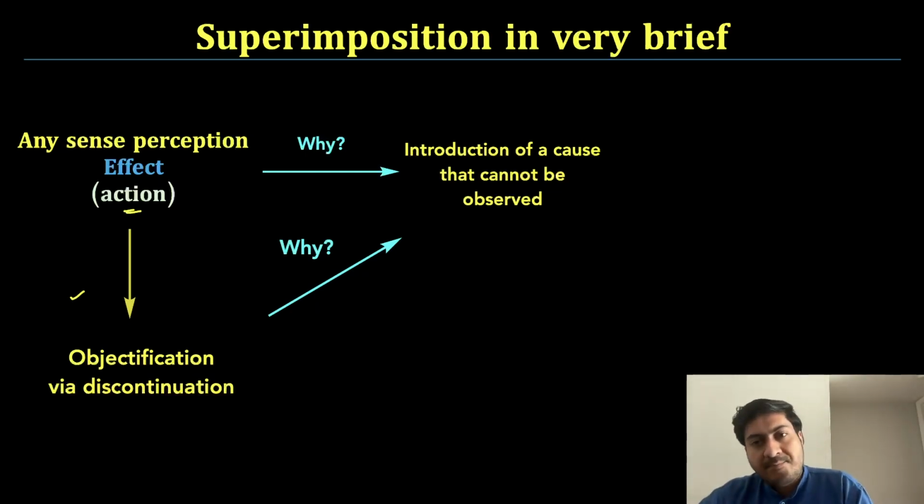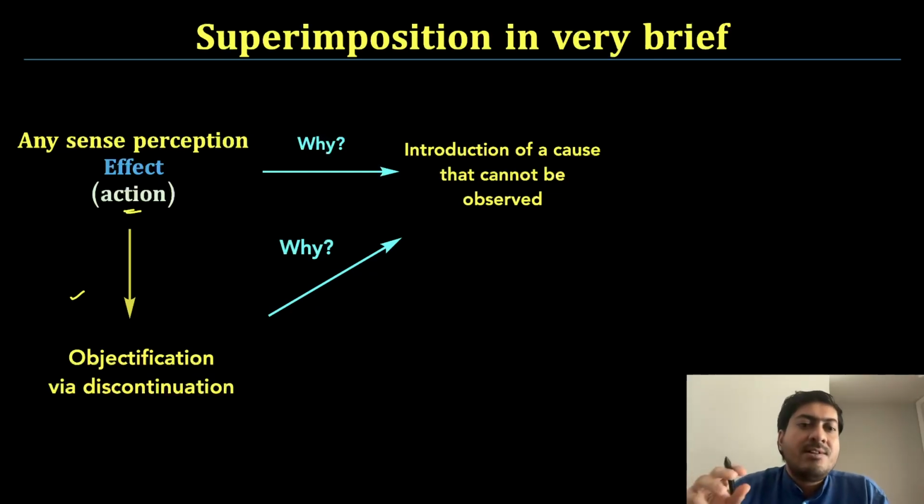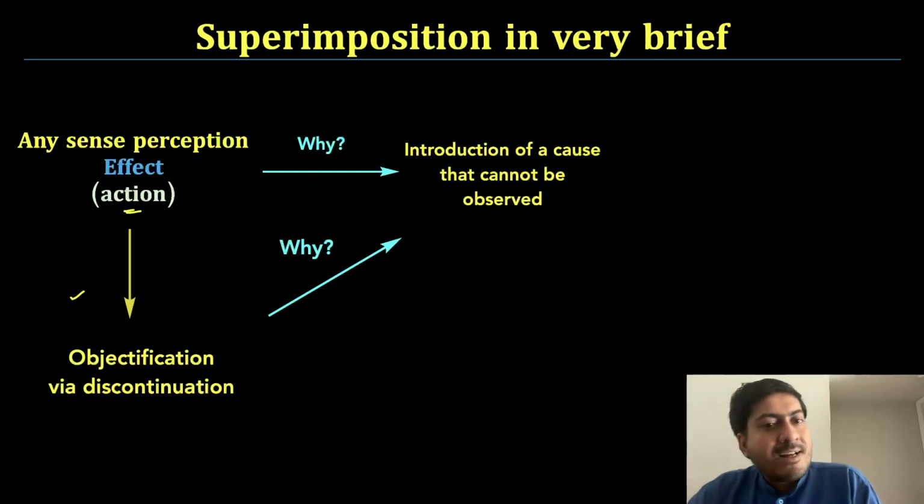For example, we see color. We are helpless but to say that there has to be light in order to see the color. But no one can perceive what light is, because the moment you want to see or know what light is, you need a detector or another object. That object will interact with the light, and what you will see is another action. So there is no way you can know what energy is, any form of energy. And also there is no way you can know any form of object. But that's okay. Whoever is asking these questions, why, after a certain period of deep thinking, they introduce these causes that can successfully explain those actions,